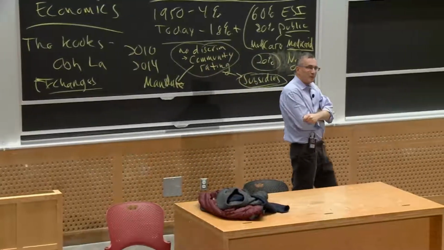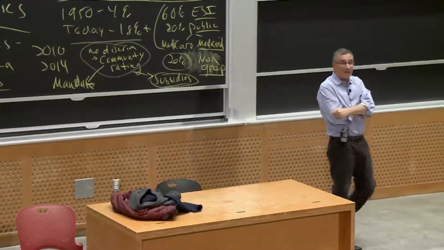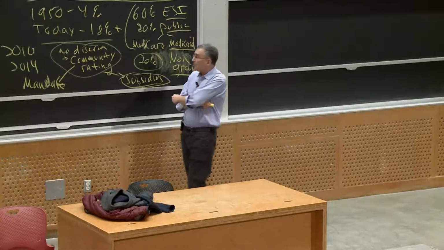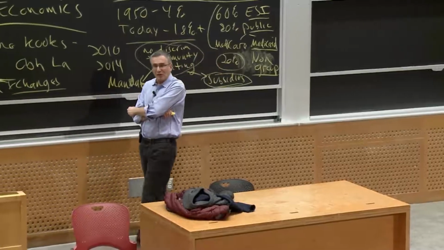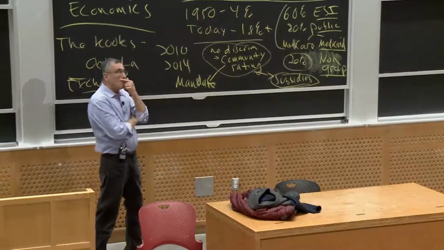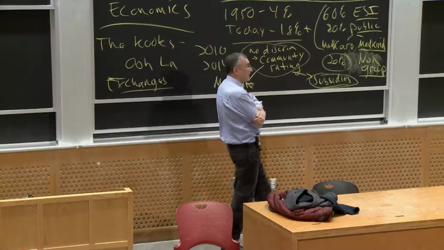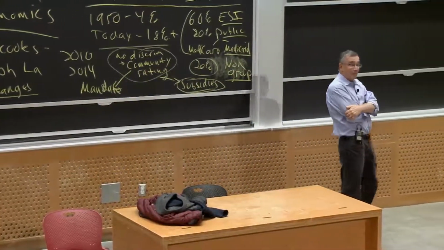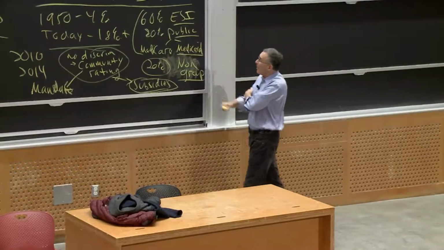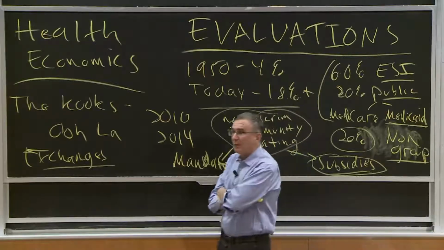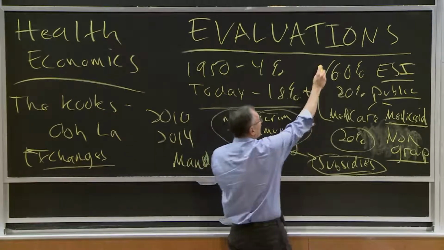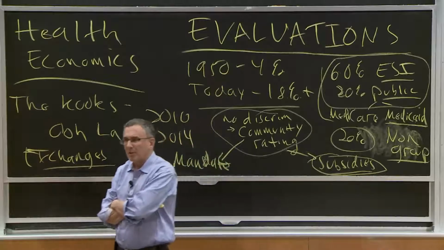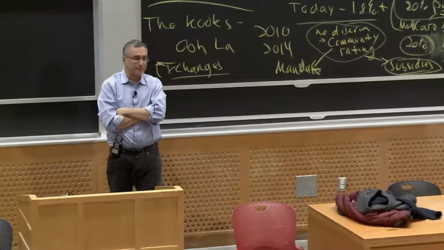Politically, massive failure. Why? Why massive failure? Well, books have been written and will continue to be written on this. I think a couple of interesting lessons. One lesson is, we don't talk in this class about political economy, which is the study of how voters make their decisions and how politicians make their decisions. But if you go back to these numbers, the idea of both the Massachusetts Bill and the Affordable Care Act was, look, for 80% of people, the system's working. Let's leave them alone. Let's focus on the 20% it's not working for.